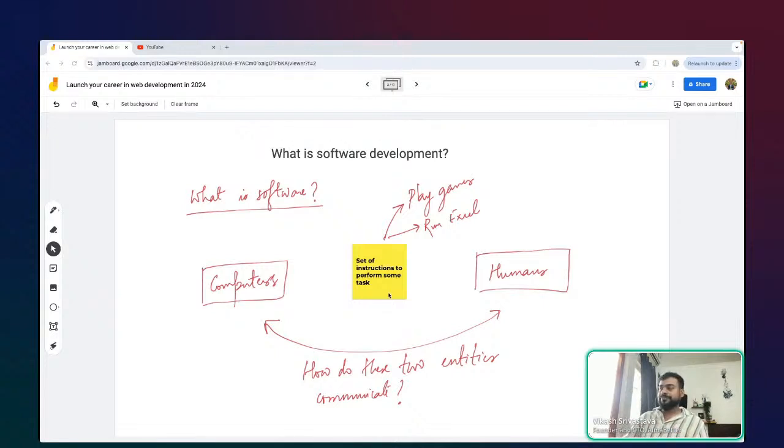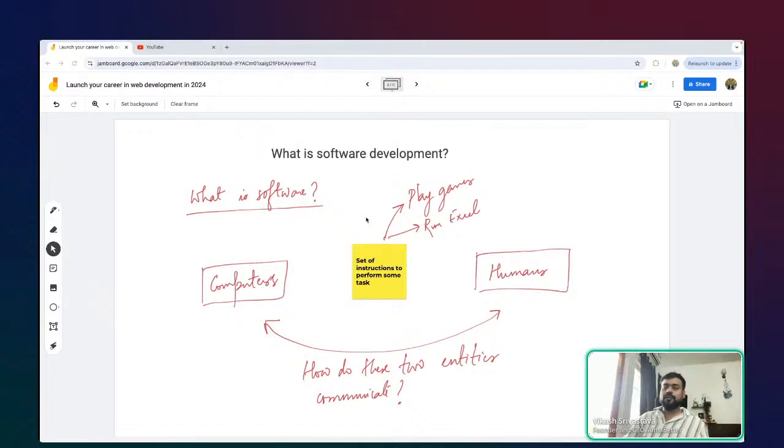Okay, so this is what essentially software is. The field of software development concerns itself with developing software. It could be any programming language, which could be designed for some specific task. So let's say I want to build or train huge machine learning models, I would want to use Python, primarily.